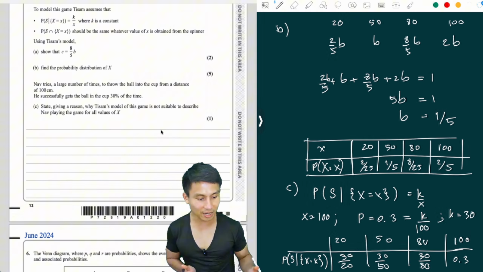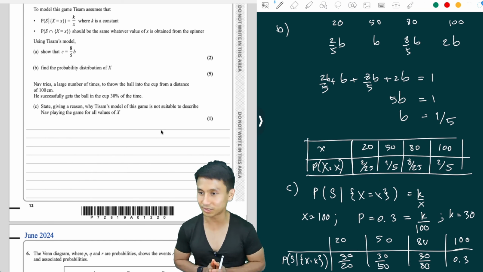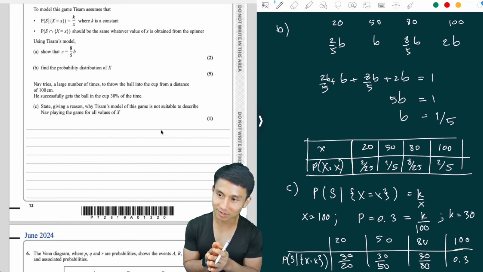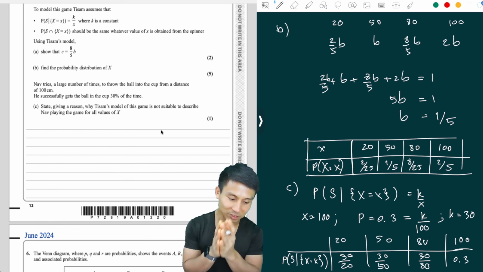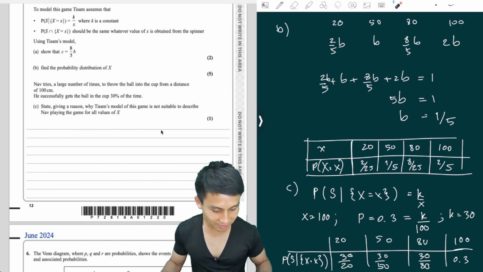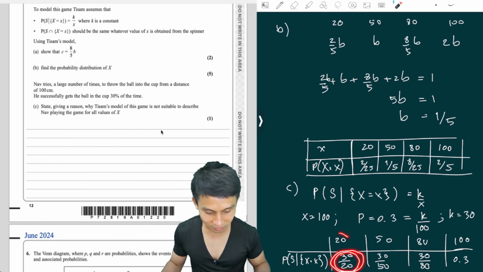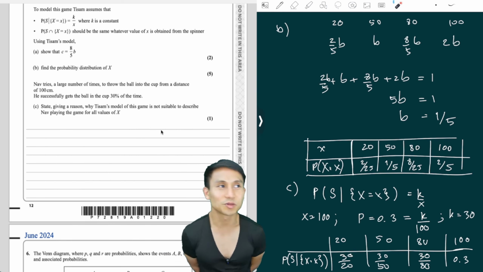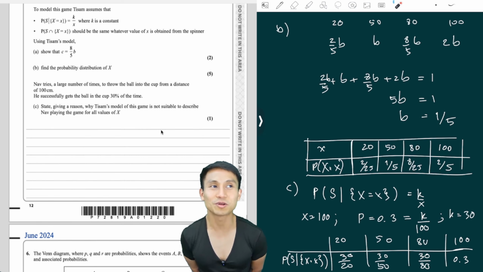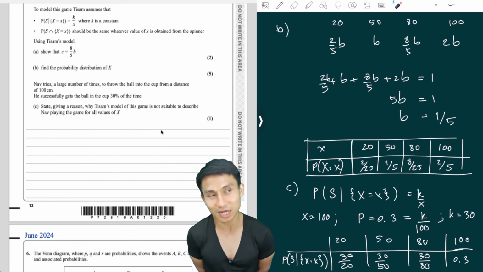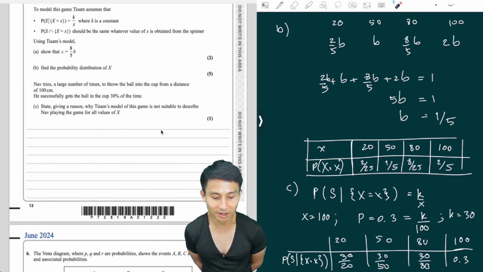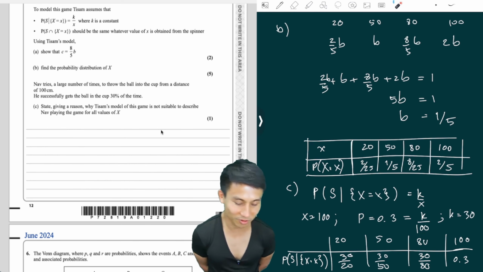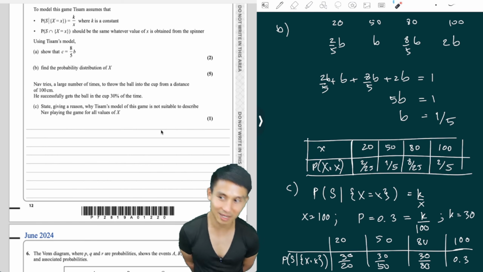Well, if you check through this table, do you see anything wrong with this? There are probably a couple of things that can go wrong. The very first one and the most obvious one is the probability of x being 20 centimeters here, because it's greater than 1. That is almost saying about 100% and 150%, which is not possible. Nav will throw the ball into the cup for x equals 20 centimeters, which is theoretically not